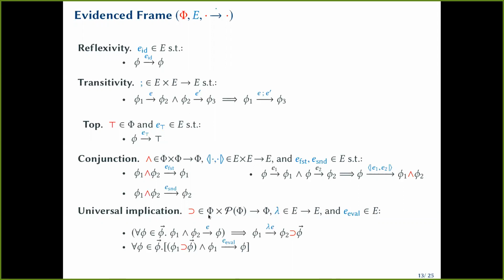Yes, a bit more slowly. So assume you have A on the left-hand side and the set of B1, B2, and so on the right-hand side. The implication from A to the set of B's behaves like something which goes from A to any possible B. In particular, if you look at the second rule, if you have this implication and something that validates the premise, then by evaluation, you can reach any possible conclusion. And to perform the opposite, that is the introduction of the error, you need to be able to go from any possible conclusion to